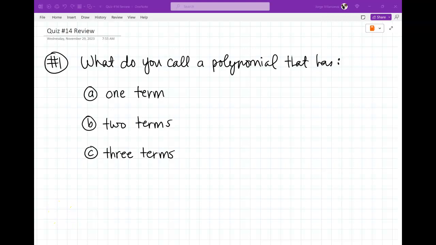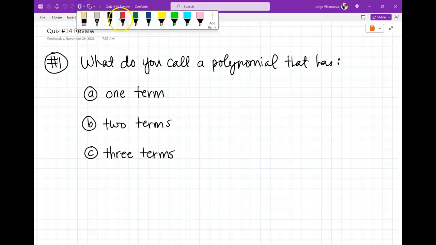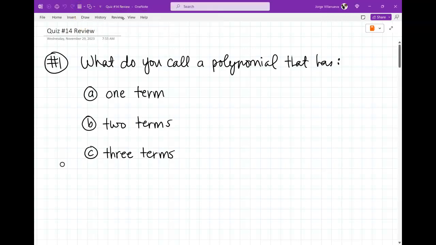All right, so for today's review, this is going to be for tomorrow's quiz number 14. We're going to start off with some basic things, right? So what do you call a polynomial that has one term, two terms, and three terms? I'm going to kind of just get into this because you guys have had time to write this down. One term, we call it a monomial,